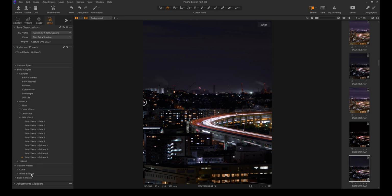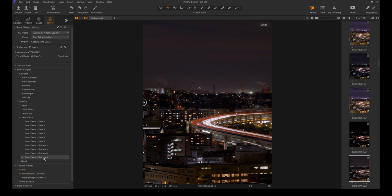Similarly, I've been in Japan for 13 years, so don't expect perfect English. When I go into here, I have custom curve, custom tune. When I turn this on, watch what happens up here to the Golden 5. It has now been overridden. Now if I turn off the Golden 5 and turn it back on,